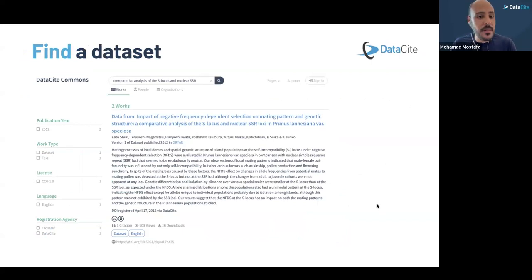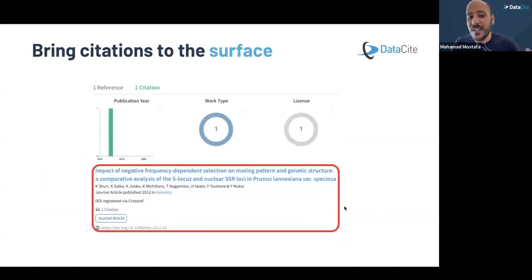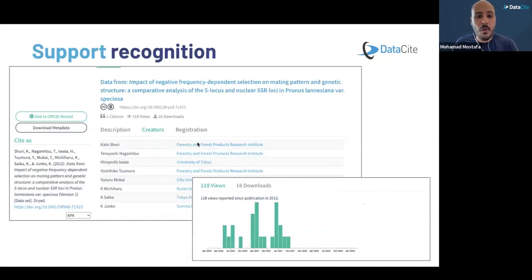So DataCite Commons is, as I said, an open platform for everyone. You can access it and use it free of charge. You can find the dataset, the thesis, the dissertation, the sample, the DMP, data management plan. You can find all these research outputs. We're also bringing citation to the table through the persistent identifier. This is an example of a dataset with a DataCite DOI, and through the DOI, because we are tracking the DOI of the journal article that cited this one, we are able to count the citations that this dataset has received. We are also supporting recognition for the contributors and creators of all these research outputs